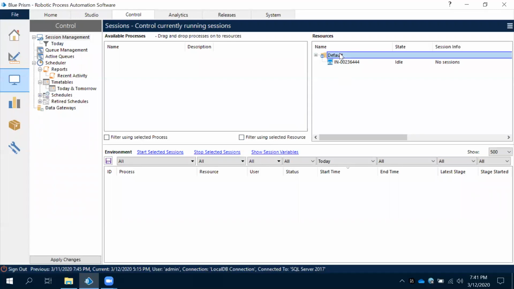So this is the resource. Here we have three main things: available process, available resources, and environment. Available process, if you observe, we don't have anything here. And available resource is nothing but a server.